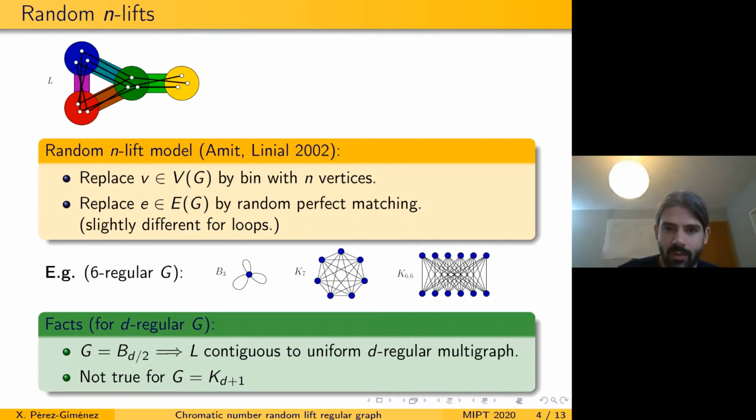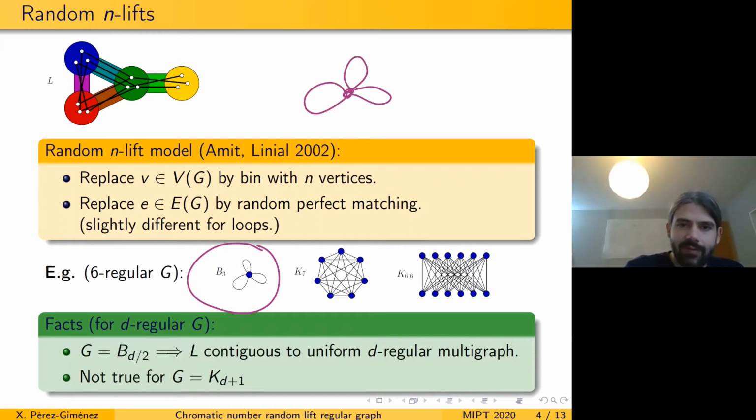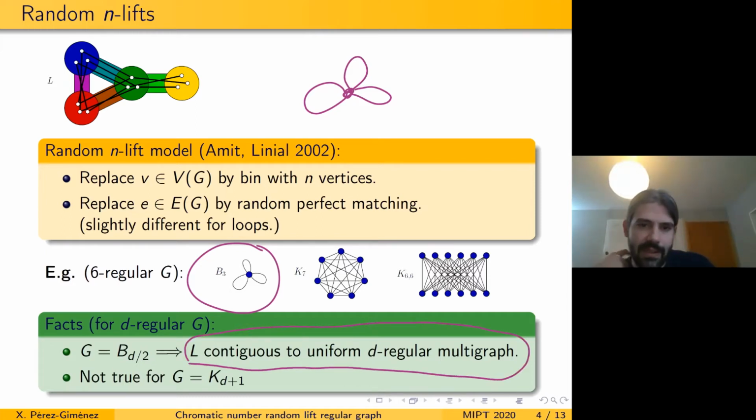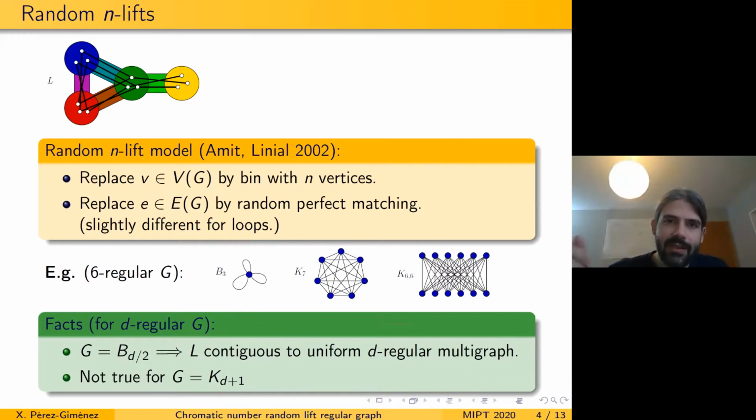The answer is going to be no, but let me move something out of the way. If you take the base graph to be the bouquet with d over 2 half loops, the distribution of random lifts obtained is contiguous to the uniform model of random 6-regular graphs, or d-regular graphs. And by contiguous, I mean the following. If you have two models of random graphs indexed by some parameter n,